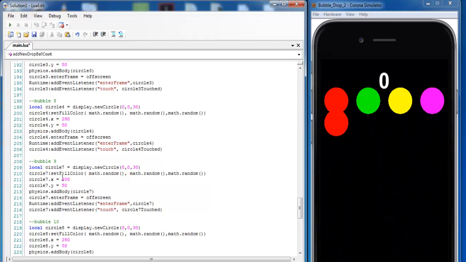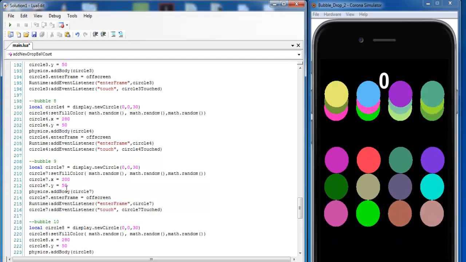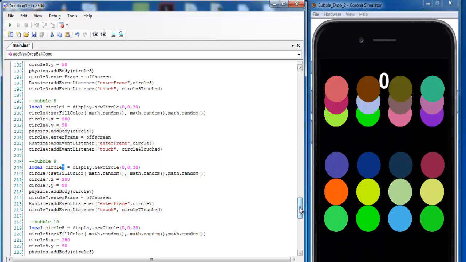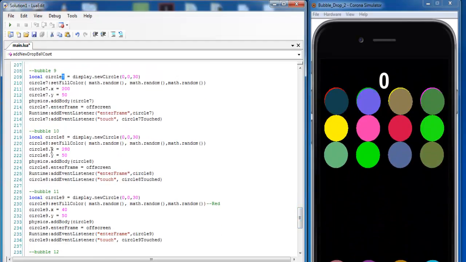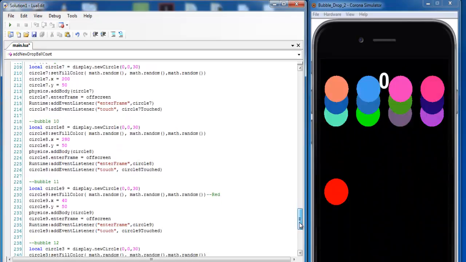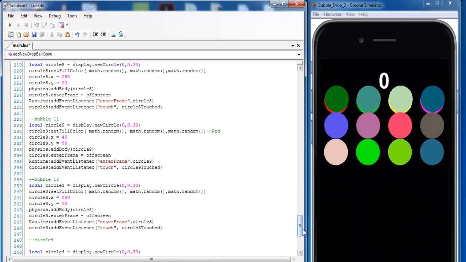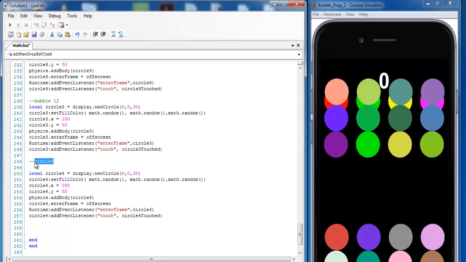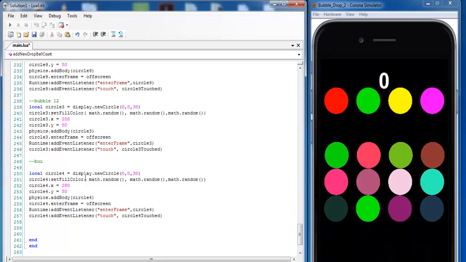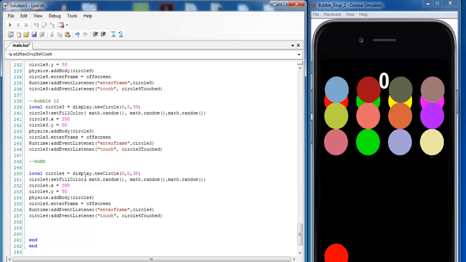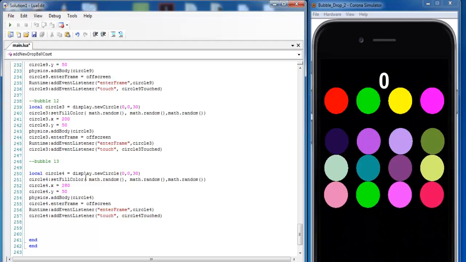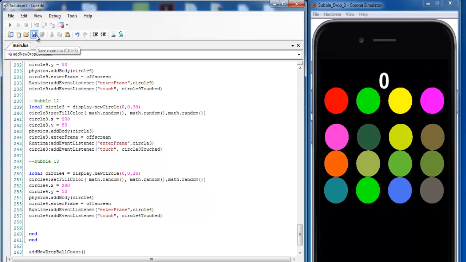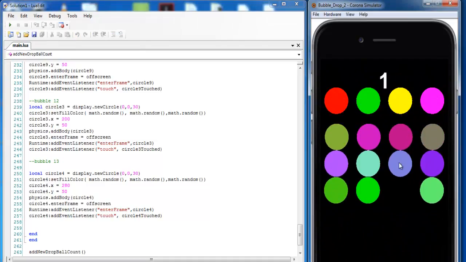Bubble 9, coordinate change as well, but this time around I've entered circle number 7 for that. And I have circle number 8 here for bubble 10, bubble 11, and bubble 12. Yes, and bubble number 13. There, right there. So what is left for me to do now, since the game is working as expected, is